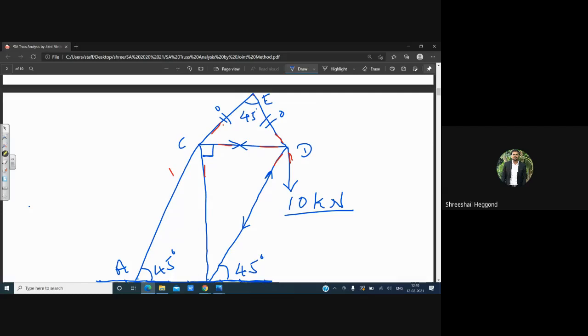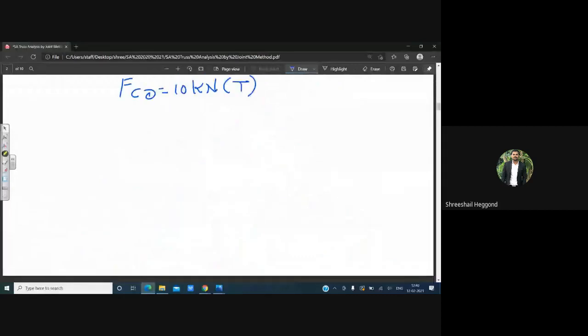Next remaining is AC and BC. Suppose AC and BC two values are remaining, that can be calculated by considering the C joint. Therefore, write for C joint. Draw the diagram for C joint. There are four members joining, out of which one is already 0, which is CE. That has not been drawn, remaining I can draw as this is of CD.